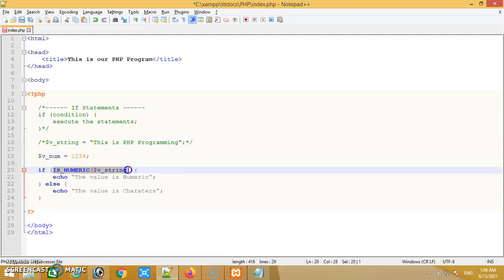I just change the condition: if v num is less than 1500, then